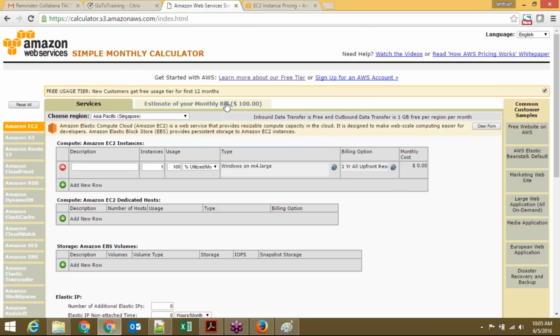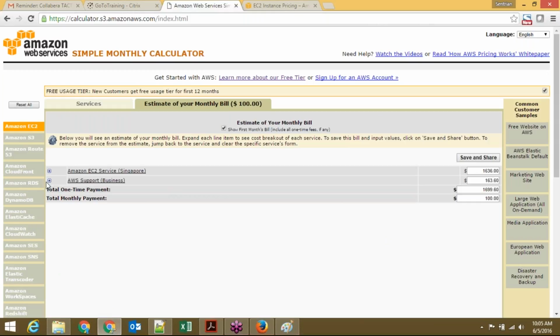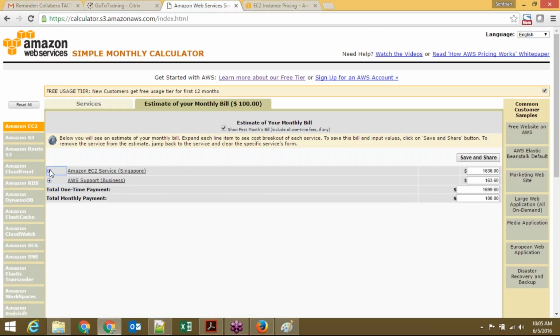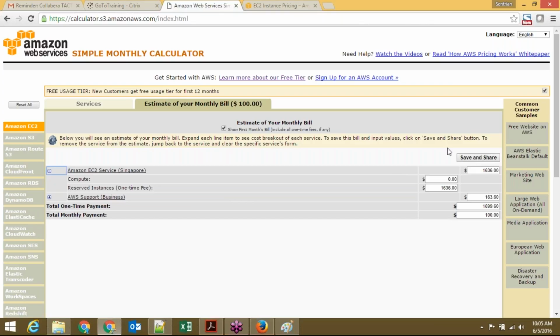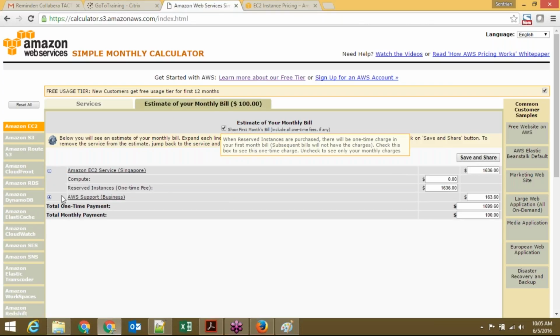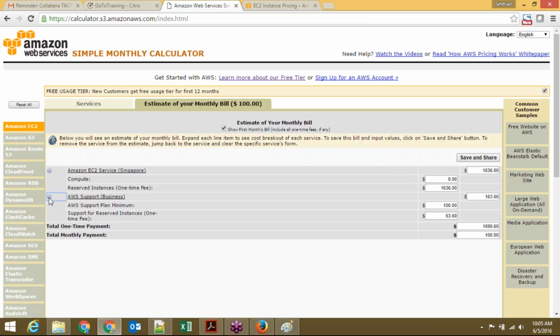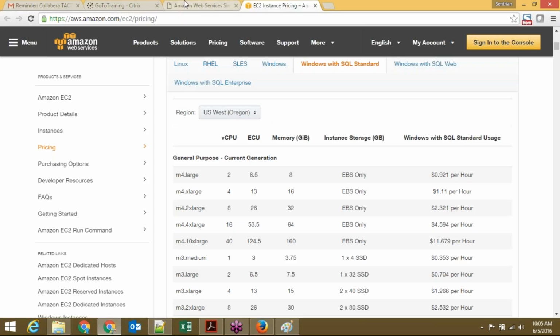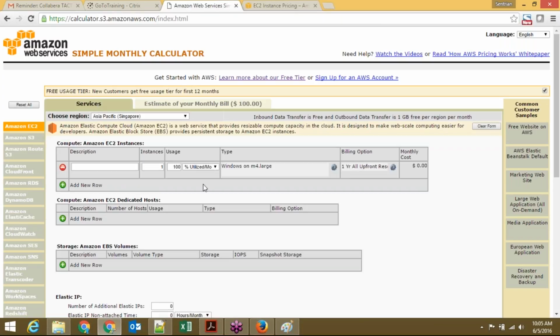You can see that estimated monthly billing, and you can see that support plan, we don't need it. So basically you can see here we'll have $163,000. So one second, if you go here, you can see, monthly you're not paying anything here. So what you'll do, you need to pay